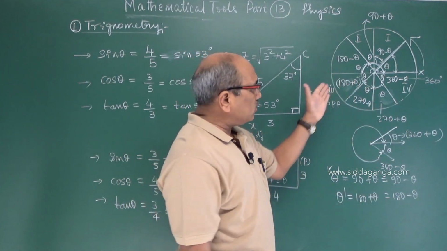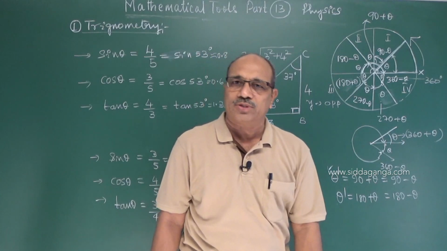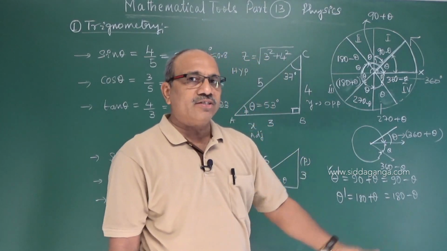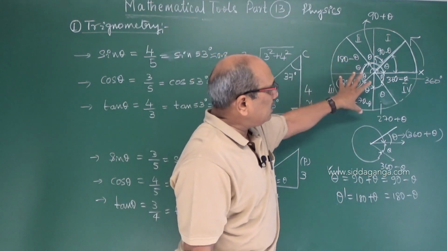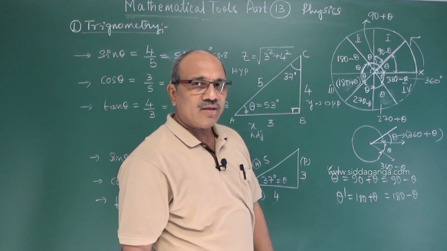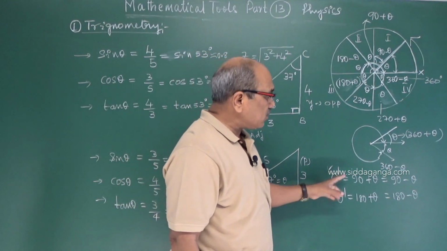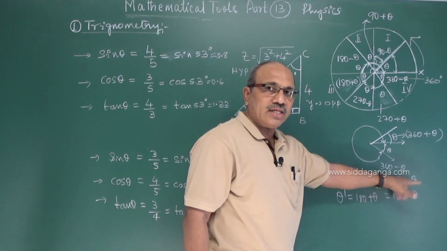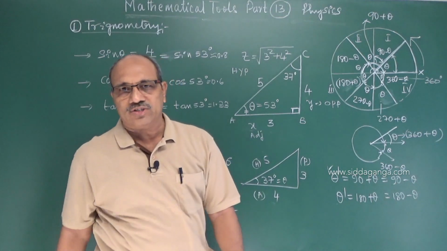In case of that also, we have to see what the possible values of the sine, cos, tan appear, because the applications are necessary in physics. I hope you have understood. I tried here to explain what is meant by allied angles. This theta dash is the allied angle. With respect to what? With this angle theta. Angles that are allied to the angle theta are called the allied angles.